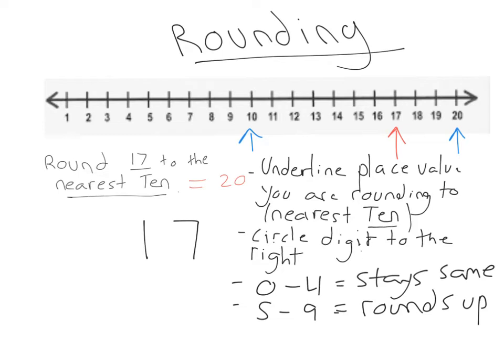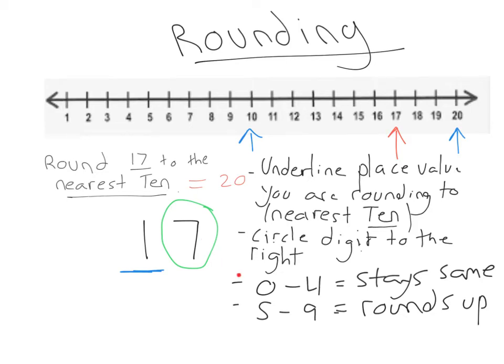You obviously don't have to do these steps, but I find this the easiest way for students to sort of practice it. So it's asked us to round 17 to the nearest 10. So I'm going to underline the tens place. Then it says circle the digit to the right. So the digit to the right is the 7. Now,